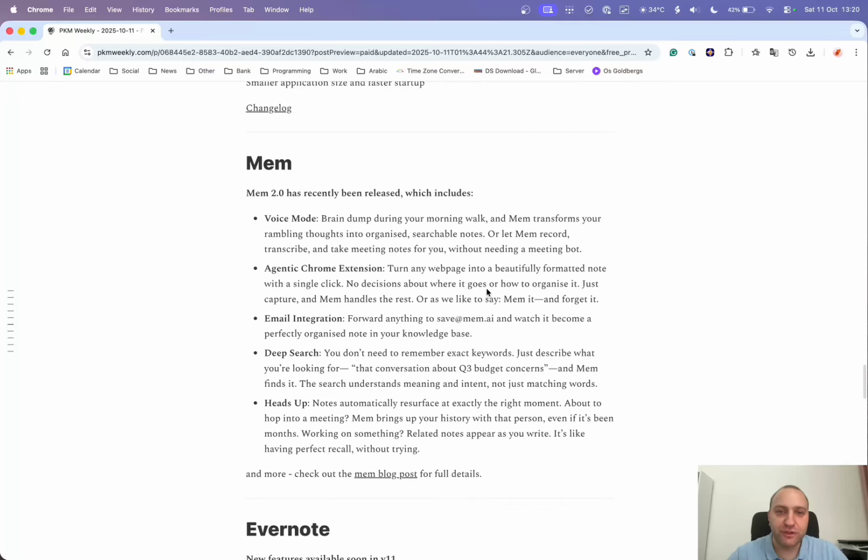So voice mode, you can now just talk to your notes, get them organized. Mem will transcribe it or take notes for you, so you don't need a meeting bot or anything. It's just basically speak and have your notes appear. Agentic Chrome extension, email integration, deep search, and a heads up, so notes automatically resurface at